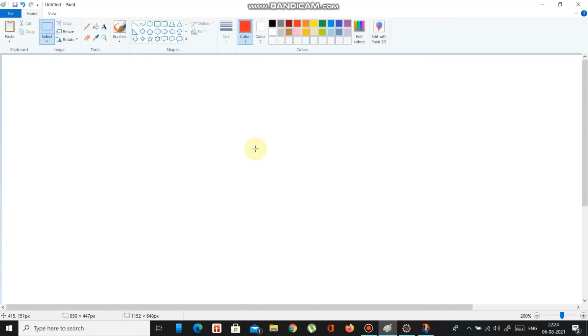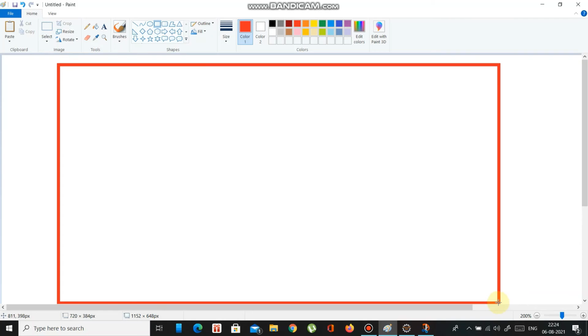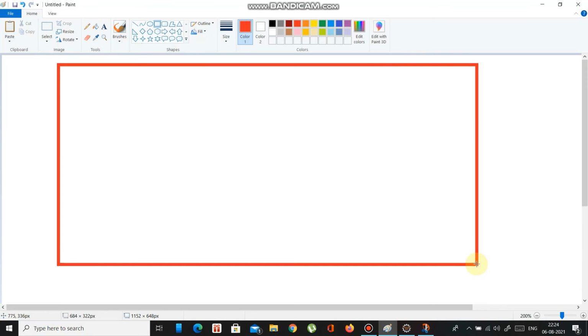What are the values for the data types? So let me make it black.